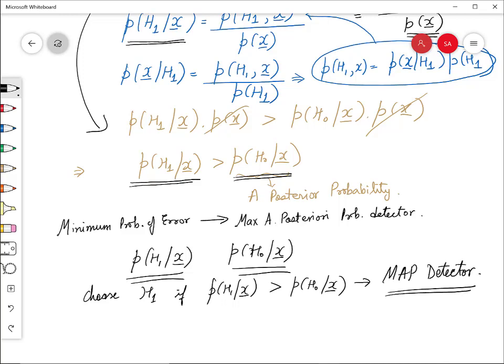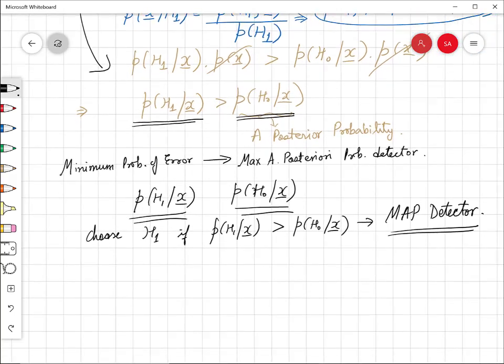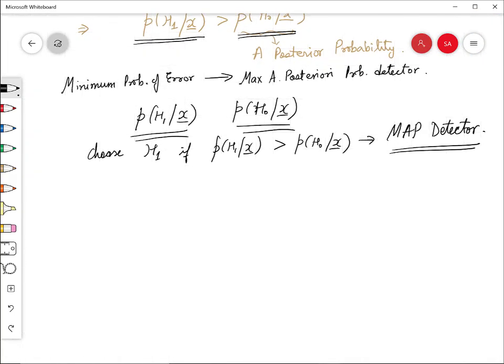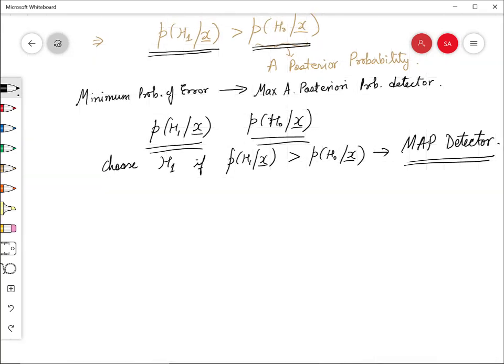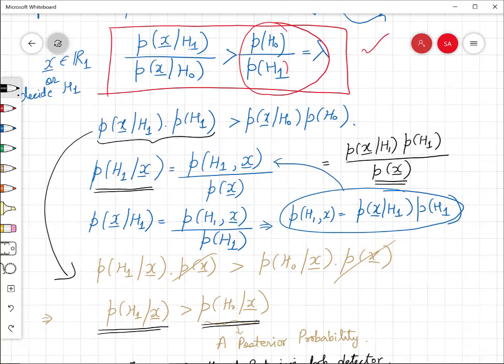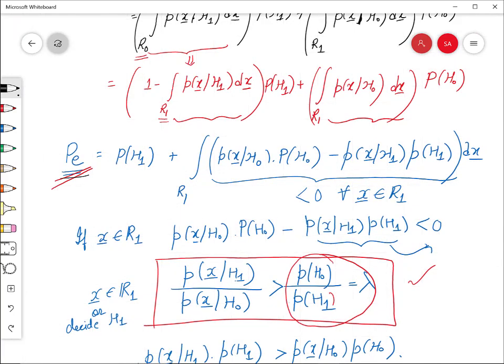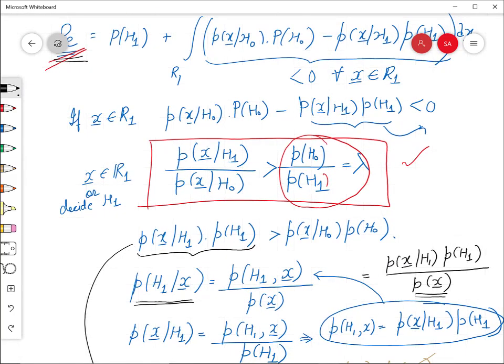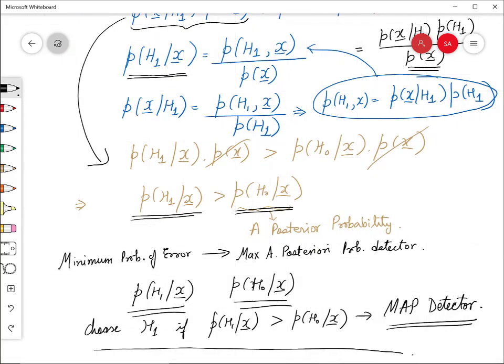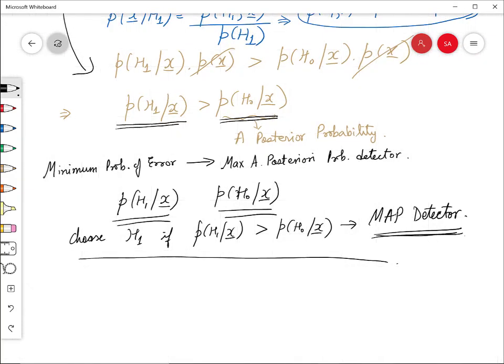It is similar to our case of the Bayesian MMSE, where we figured out the estimated value to be the expectation of the a posteriori probabilities. Okay, so this is one result that we have obtained for this particular case. When we are trying to minimize the probability of error here, we get this particular expression, we solve it further to obtain a MAP detector. All right,